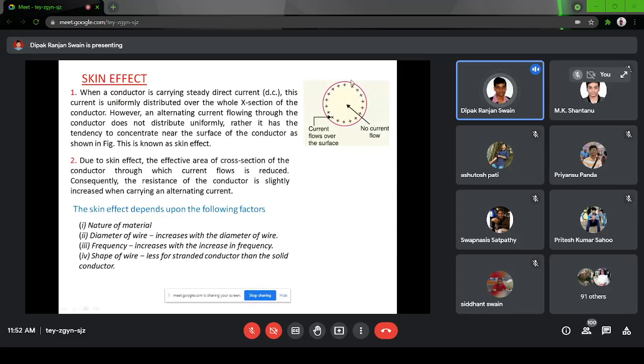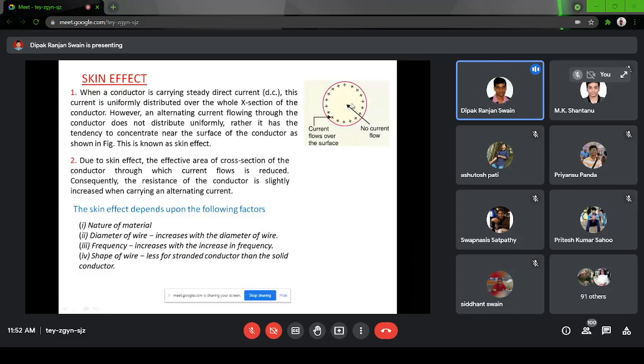So I can say that when AC flows in this conductor, the center portion provides higher impedance compared to the skin section. Therefore, as the current always tries to flow through the low impedance path, it moves towards the surface instead of the central part. So more concentration of current will be towards the skin or surface of the conductor, and less current flows through the center part of the conductor.